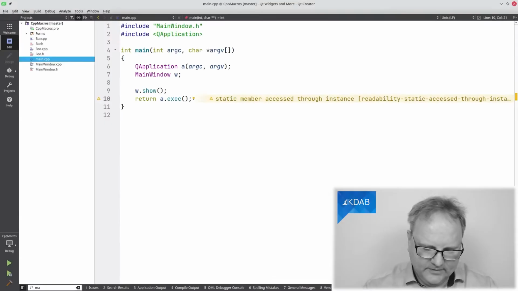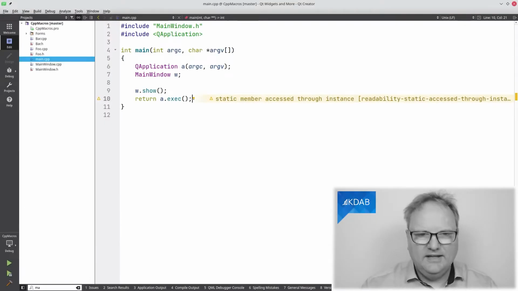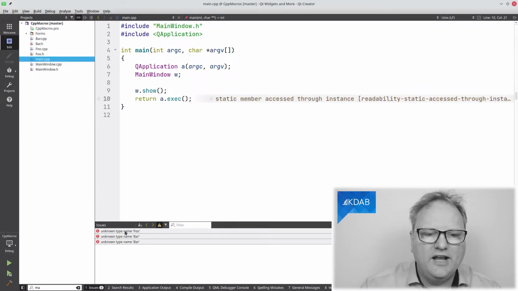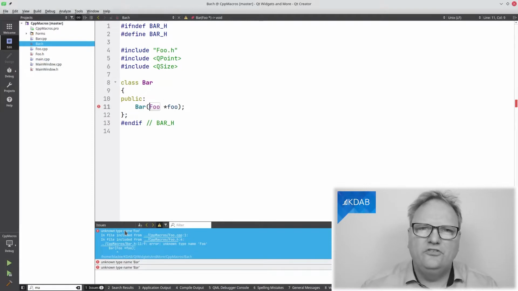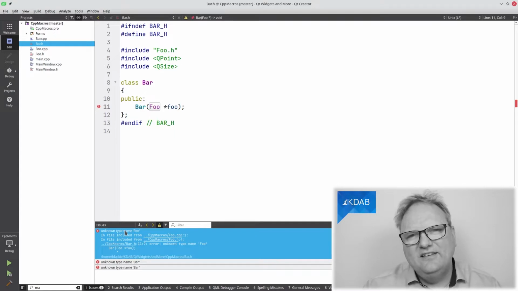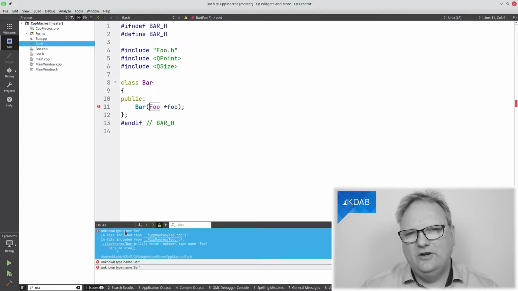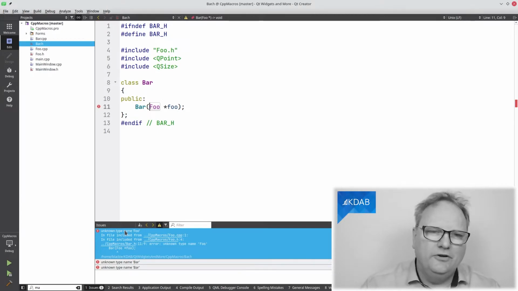But let's start out looking at a really weird compilation error. So let's compile this very simple example that I have here. And you can see that it says unknown type name Foo. Let's just double click on that error to see what exactly we are looking at here. Given that this is a really minimalistic example, it should be relatively easy to figure out. But nevertheless, try and walk with me and pause if you need to ponder about it.